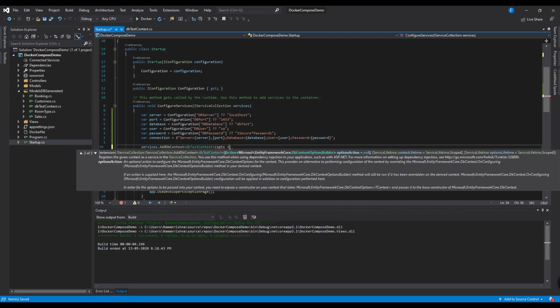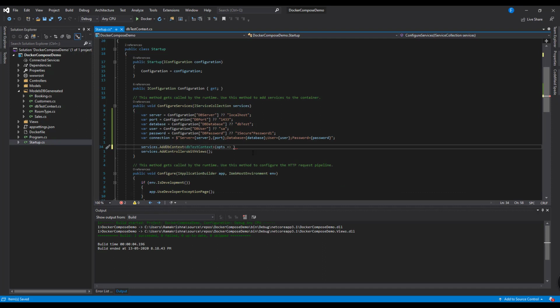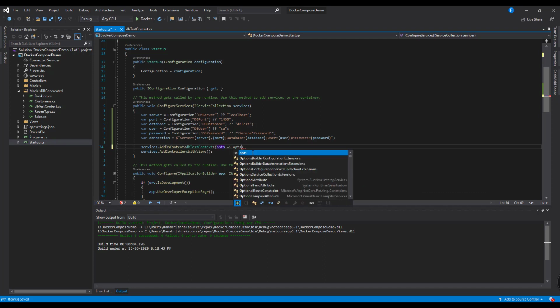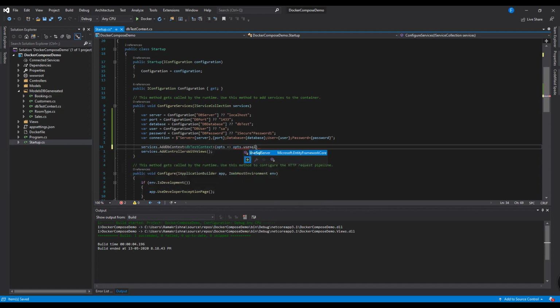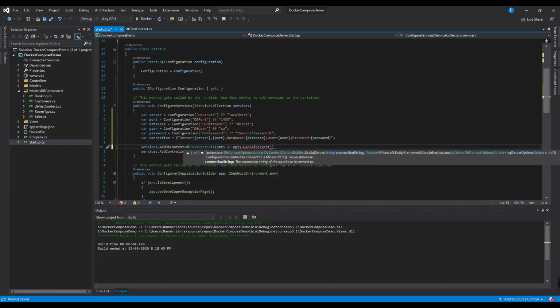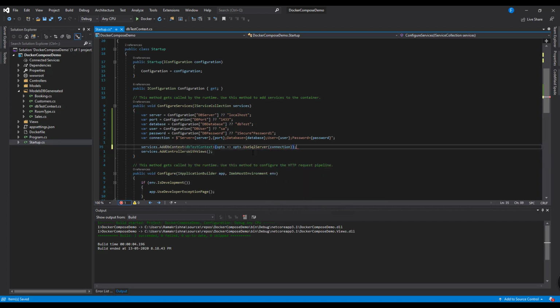Let's initiate this instance to use with the SQL Server and give the connection string name. So that's it.